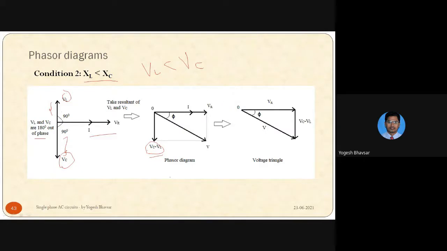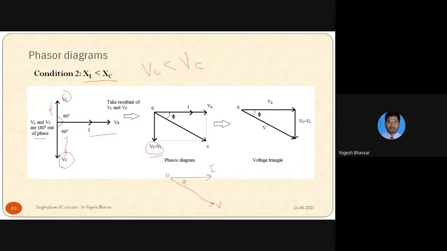So in the complete phasor diagram, the current is leading voltage V by angle phi. Right? Here current is leading. And the circuit behaves as an RC series circuit. In previous case, the circuit behaved as an RL series circuit. Here it will be RC series circuit, because the effect of capacitance is more than the inductance.